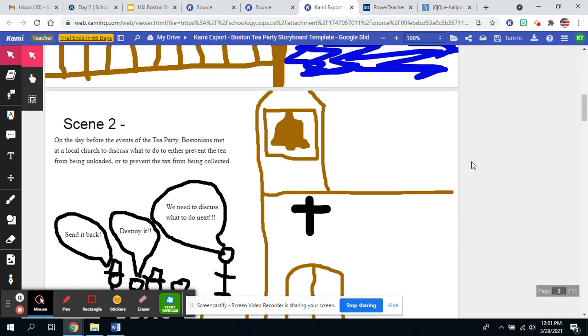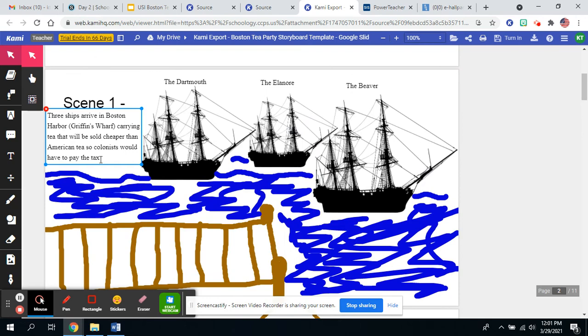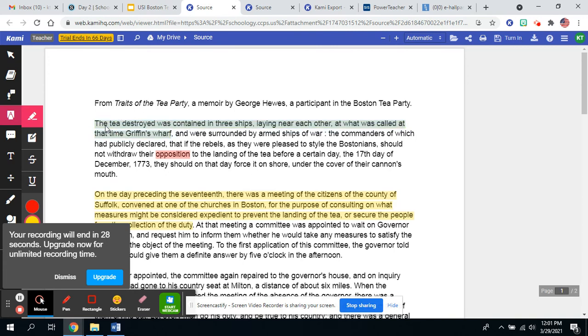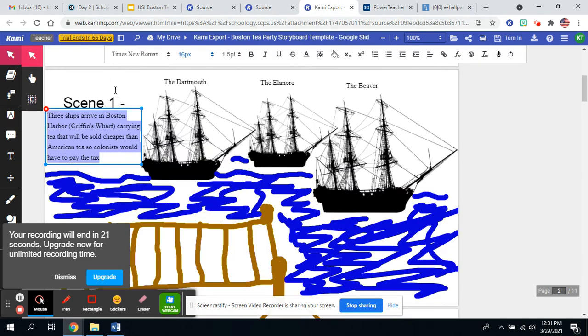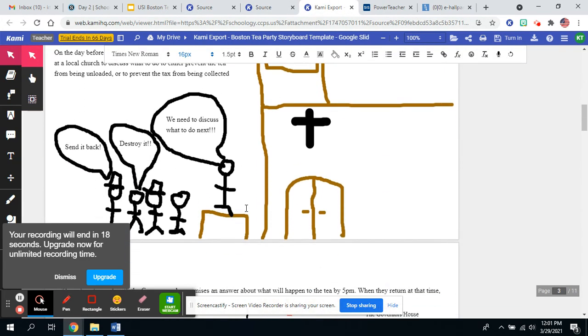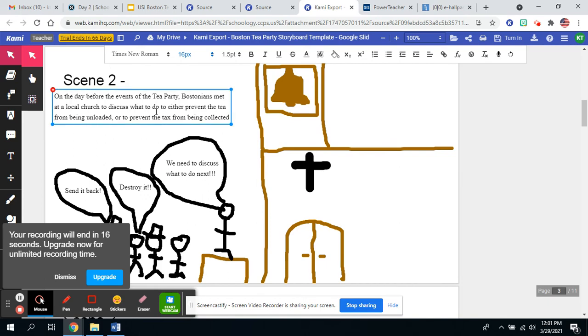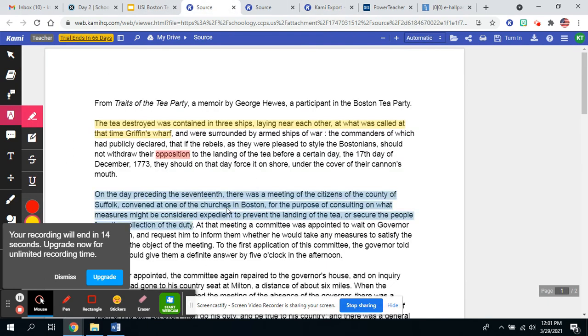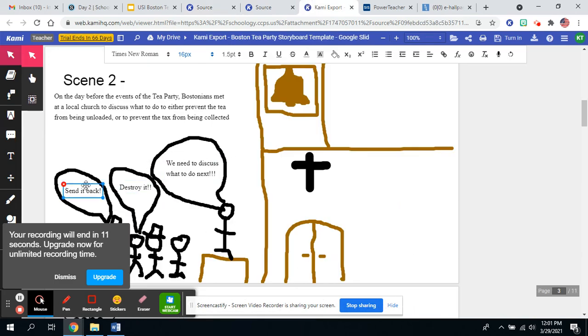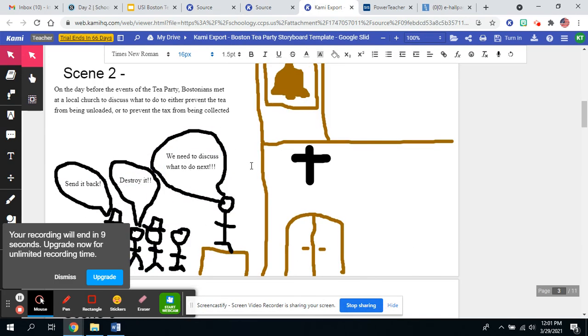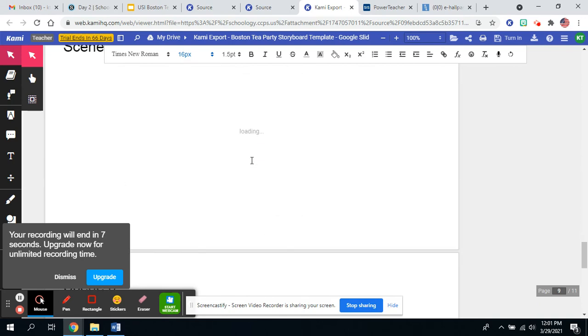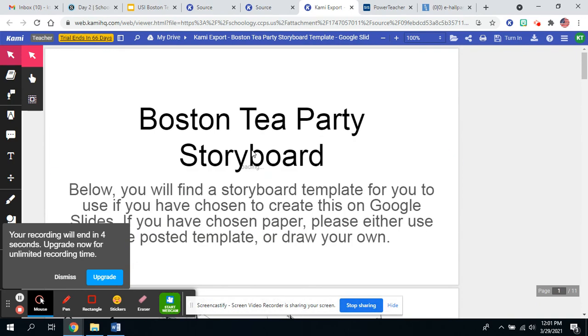Then if you go down to scene 2, I've got my description here that you see from source number 1, from this first sentence here. I've taken our first sentence that I said was good information and I have put it into my storyboard. If you scroll down, I've got the same deal: an illustration, a description that came right from this piece here, and then a little bit of dialogue to help us figure out what to do. You're going to do that throughout the rest of these, and you should have between 6 and 10 slides for your storyboard. I will explain more. Any questions if you haven't